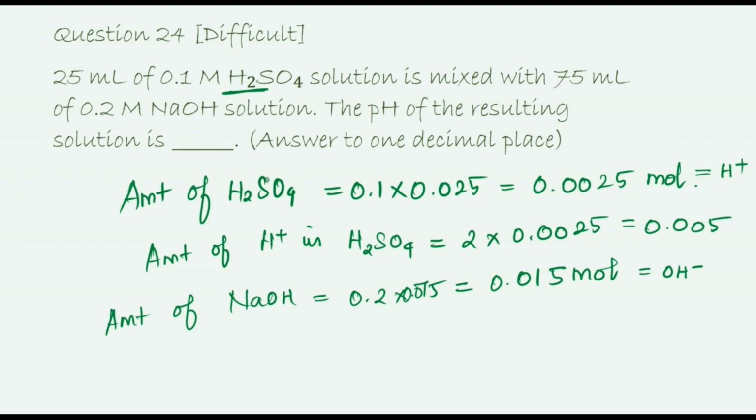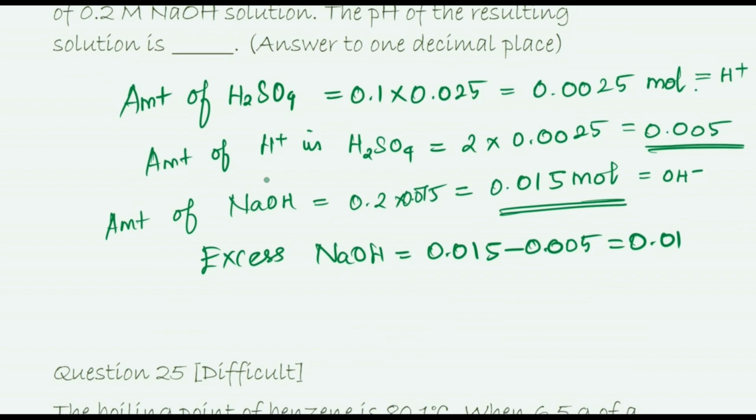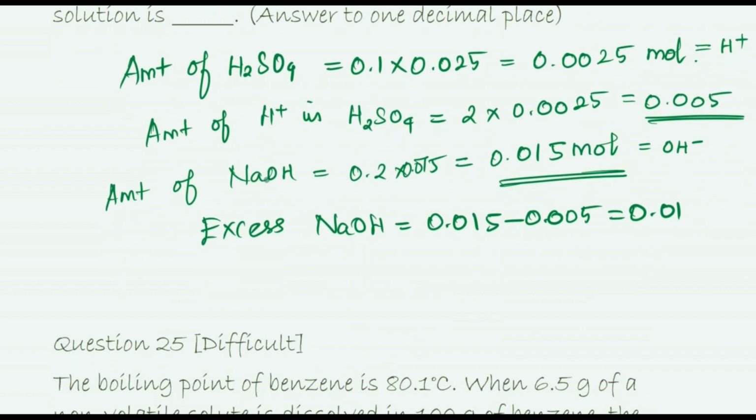So once it is mixed, which will be higher? As you can see, the moles which will be higher. So obviously NaOH will be higher. So that is 0.015 minus 0.005, after the neutralization reaction, the excess of NaOH will be 0.01 moles. Correct. So the concentration of NaOH will be 0.01 mole